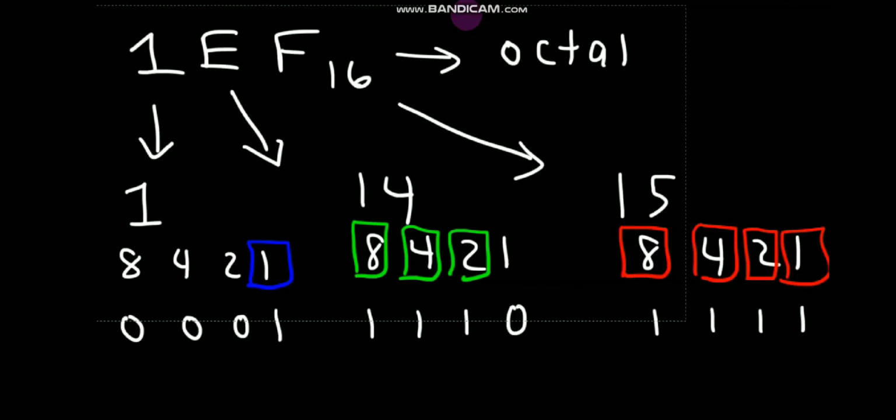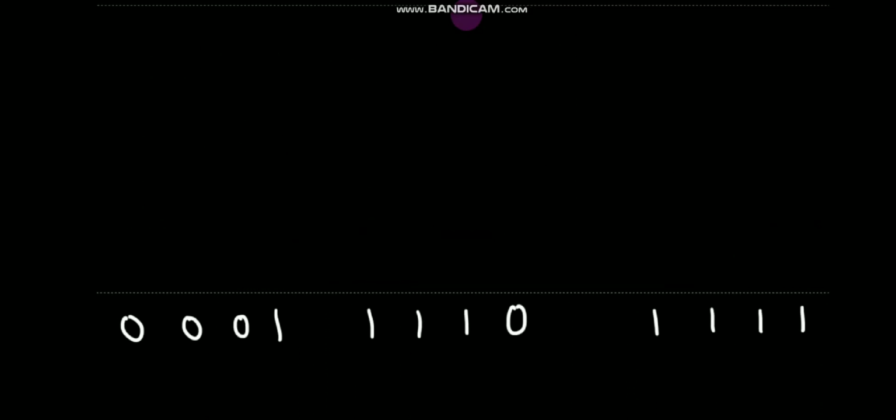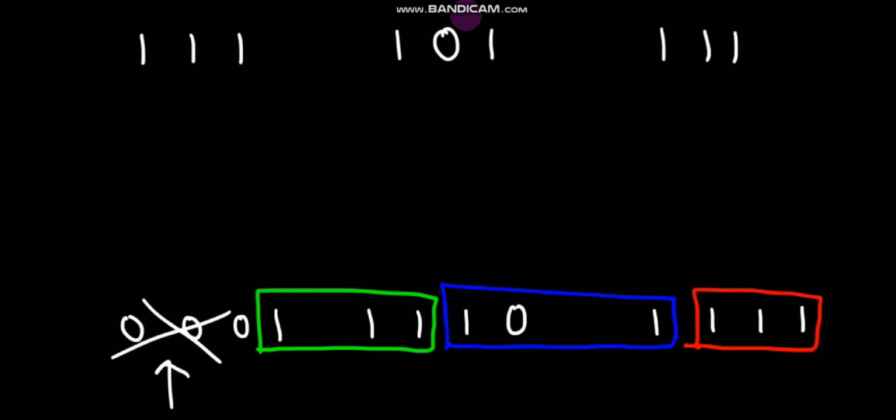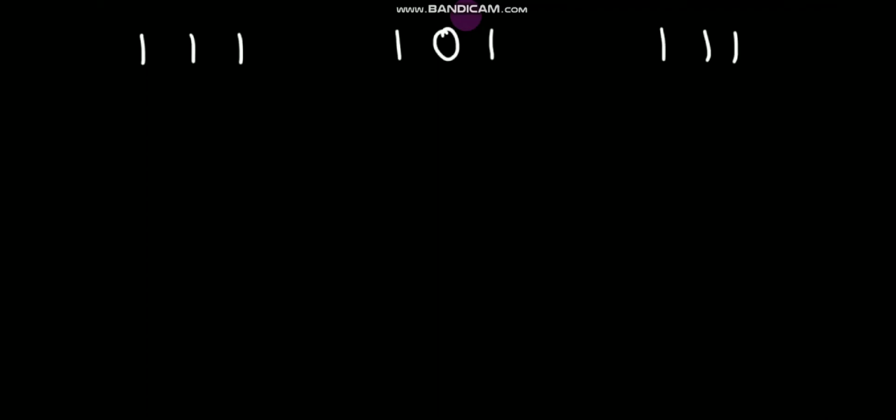Now we will write these numbers all together, and we will form groups of 3 bits. So this is the first group. From the right hand side we will start, remember this point. This is the second group, and this is the third group. And you can see all zeros are there, so it is of no use, we will leave these numbers. Then after we will take the positional values of these numbers in 3 bits. So we will write 4 2 1 just below these numbers, 4 2 1, 4 2 1, 4 2 1.